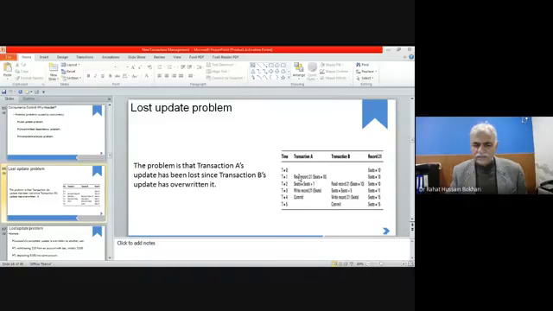In this manner, the data updated by transaction A has been overwritten, because within transaction A the number of seats should be 11, and those 11 should now be incremented by 5 to 16, but that has been ignored here. The transaction made by A has not been considered by transaction B. So this problem is called the lost update problem. In it, transaction A has updated the record, but transaction B has ignored that update and overwritten it.